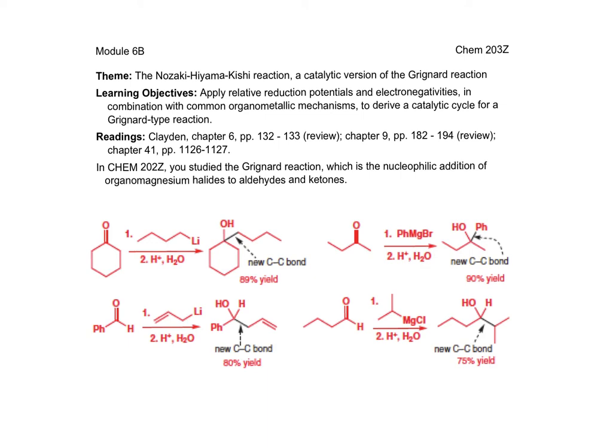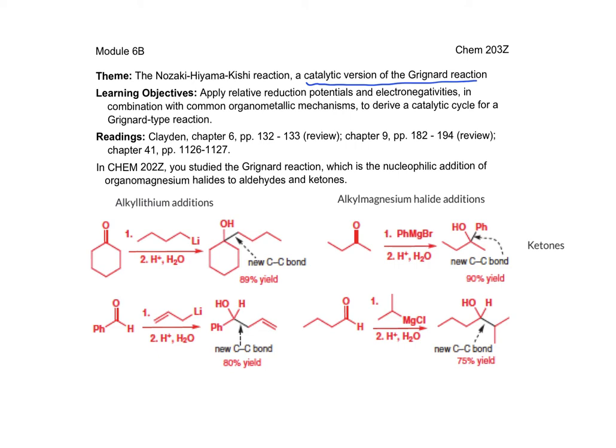This video introduces a catalytic alternative to the Grignard reaction that you learned in Chemistry 202Z. I show examples of alkyl lithium additions as well as organomagnesium halide additions to ketones and aldehydes, just to remind you about this chemistry. This requires stoichiometric preparation of butyl lithium or phenyl magnesium bromide,